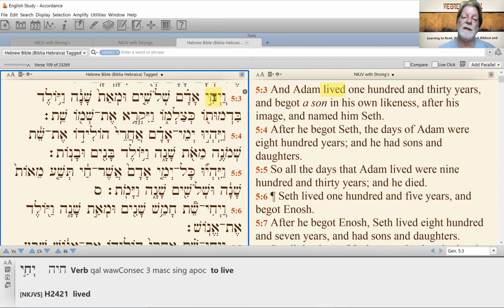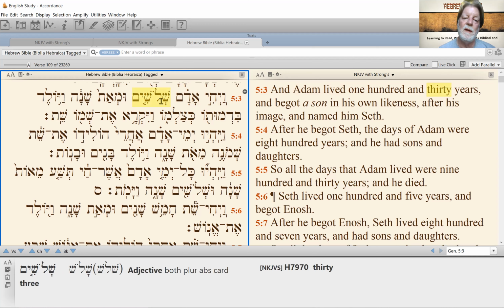So Vayichi Adam, Adam lived shloshim. Shalosh, Shin, Lamed, Shin, is the Hebrew word for three. But when you add the plural ending on here, shloshim, it goes from 3 to 30. So the plural ending added to a number means 30. Without the plural ending, it would be 3. So this is 30. So Adam lived 30,